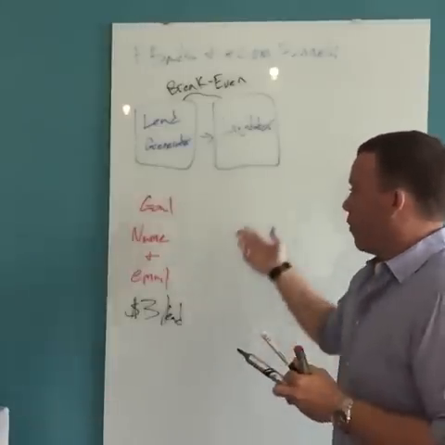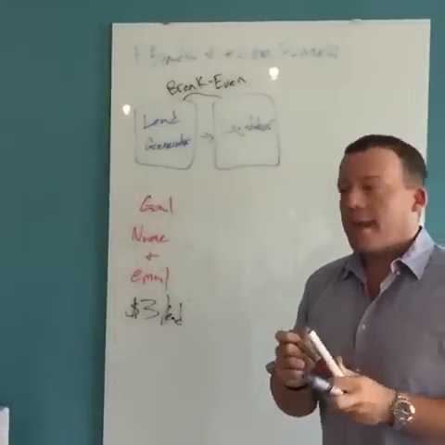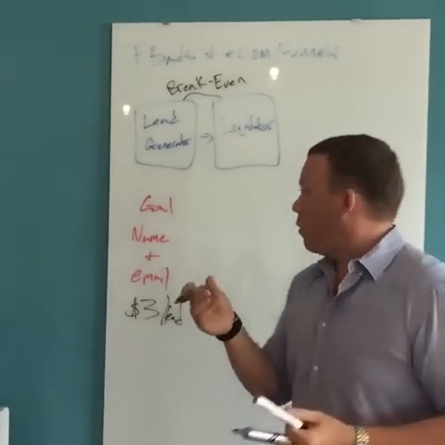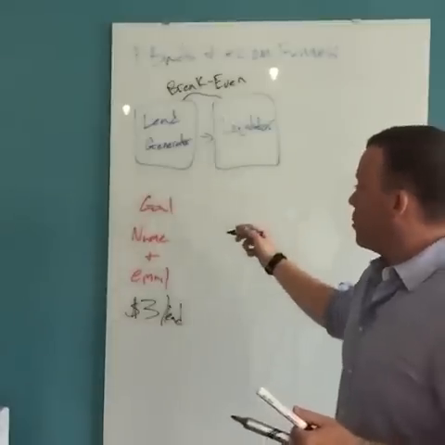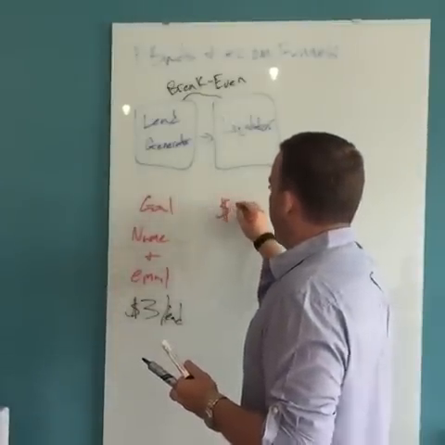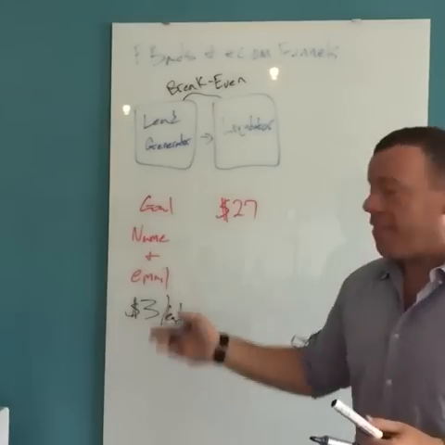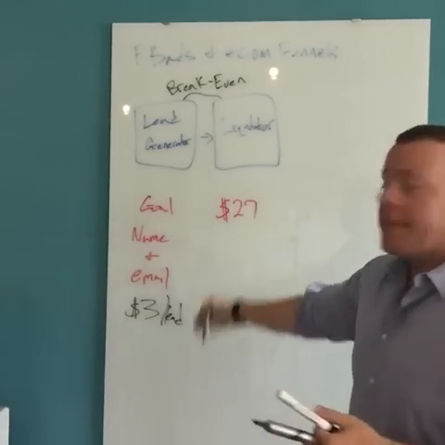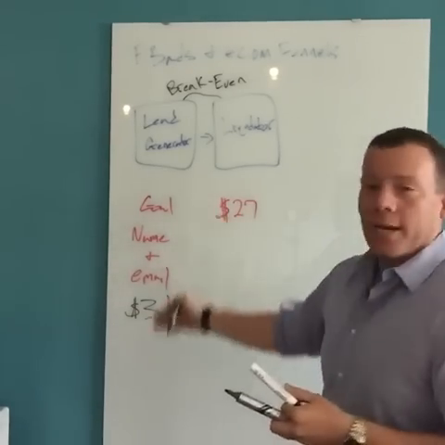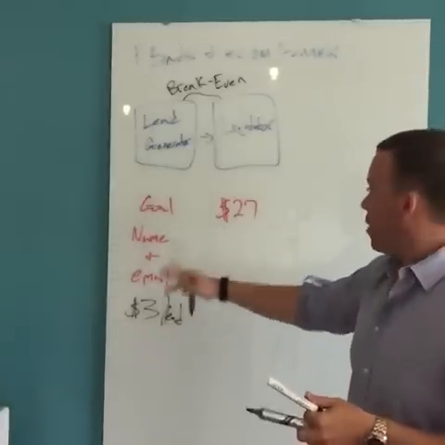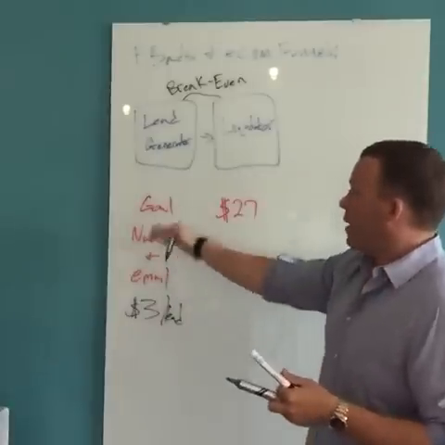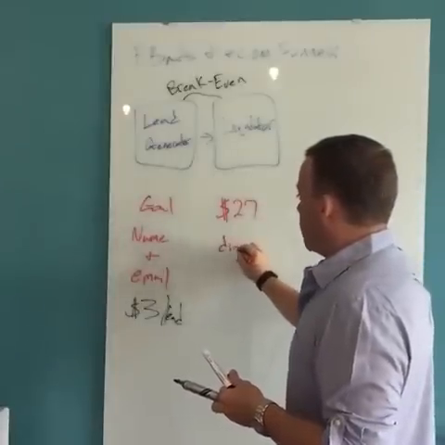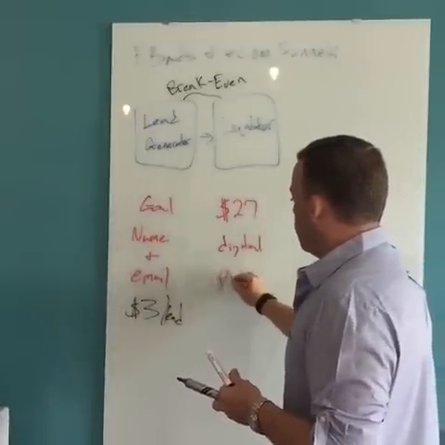I'll give you some examples. For physical products, one product that's absolutely crushing it right now is a flashlight. So they get the leads, then on the liquidator page they sell them a flashlight for, I think it's like $27, right? And they market it as this product that's worth $300, but now it's on sale, it's only $27. If you buy it now, they do all the urgency, they put the countdown timer there, and they get a lot of people to buy it. They're selling tons of these things, right? And again, the goal, buy the leads, build your email list, sell the liquidator product, and it could be, again, digital or physical.